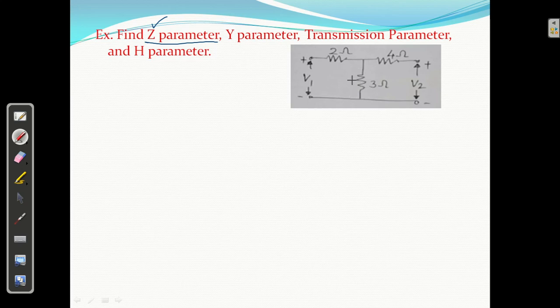Just here first we have two loops, two nodes, two ports are there, v1 v2 and both current i1 and from port 2 i2 both will be incoming current. Be careful about it. दोनों पोर्ट से दोनों करंट i1 और i2 incoming हैं.